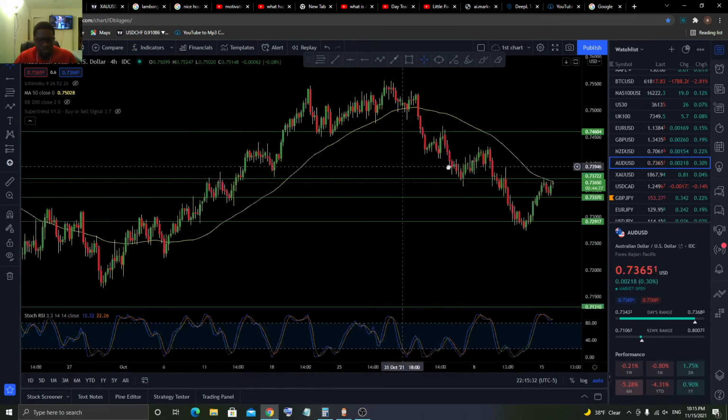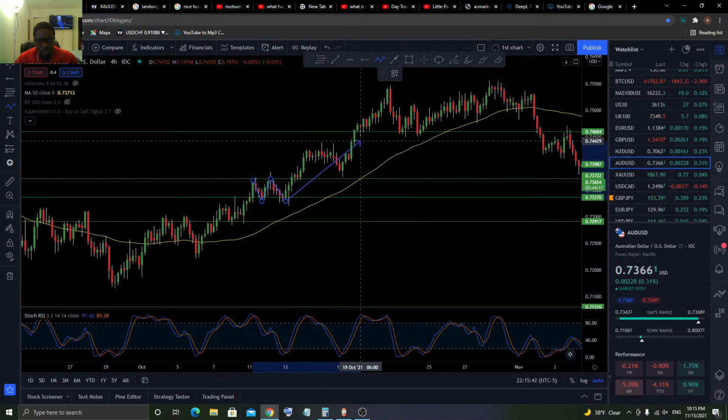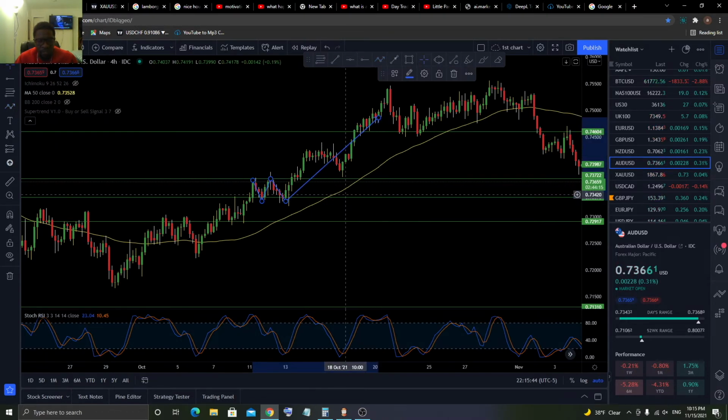Excuse me. So this is what I'm expecting. Look at even here, look at this double tap. Look at how nice the double tap was. And anytime, guys, you're going to see a double tap in a trend. This was an uptrend, right? Anytime you see a double tap like this in an uptrend, you have to know that